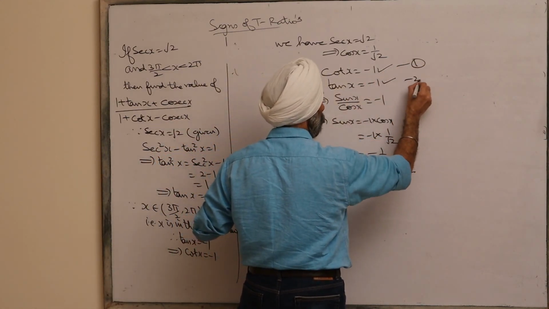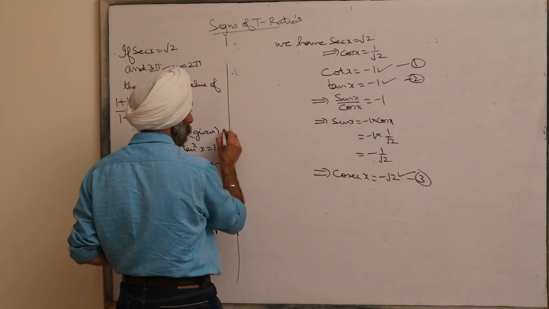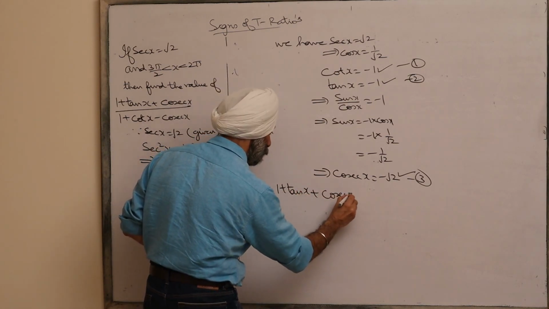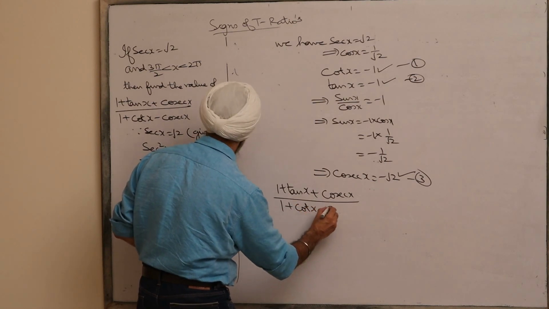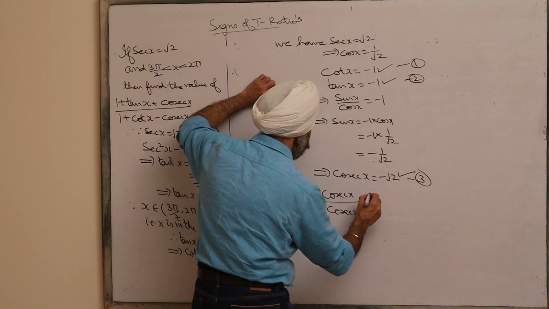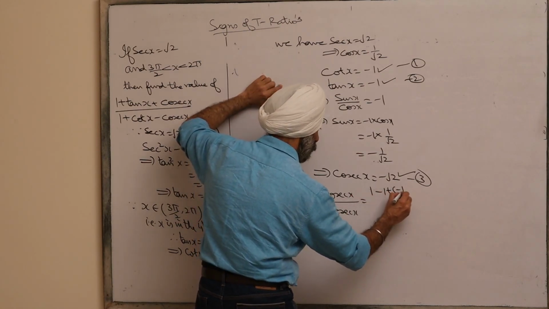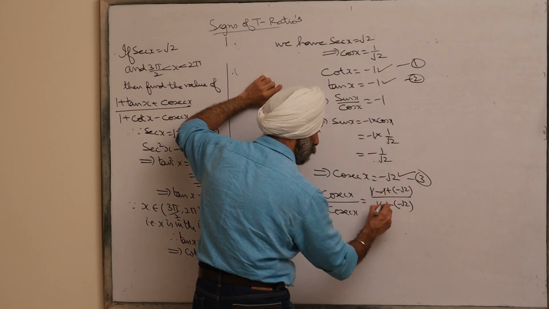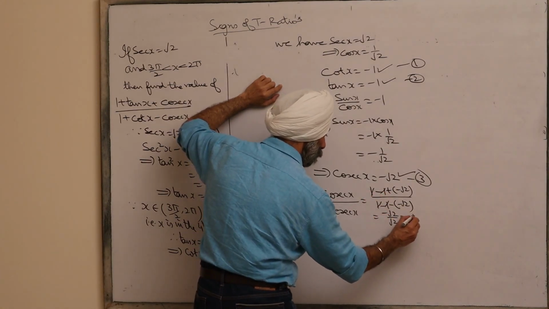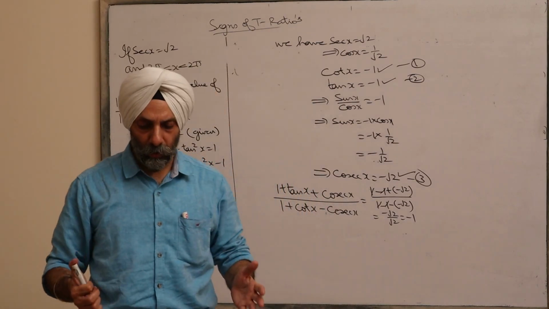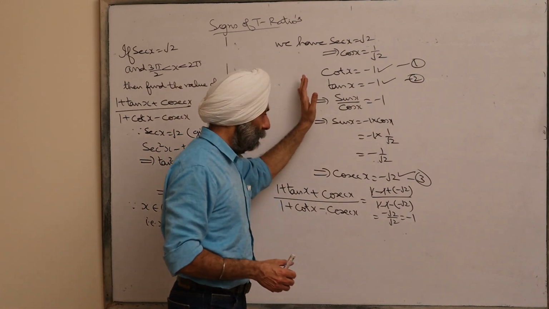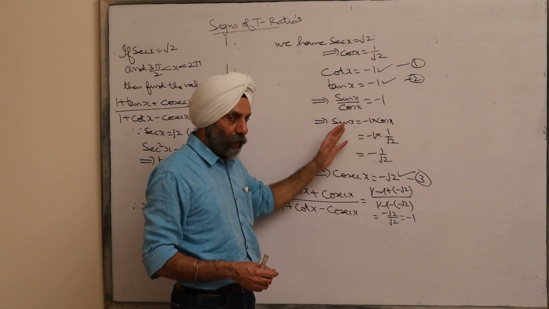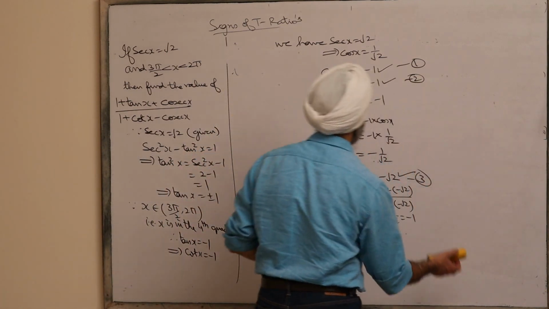Now from 1, 2, 3, 1 plus tan x plus cosecant x upon 1 plus cot x minus cosecant x is equal to 1 minus 1 plus minus root 2 upon 1 minus 1 minus of minus root 2. So it comes out to be minus root 2 over plus root 2, which is your minus 1 here. So this way, very easy questions. Just take the signs of t ratios under consideration, and you will be very easily able to solve all the questions relating to this. Now next topic is, that is your